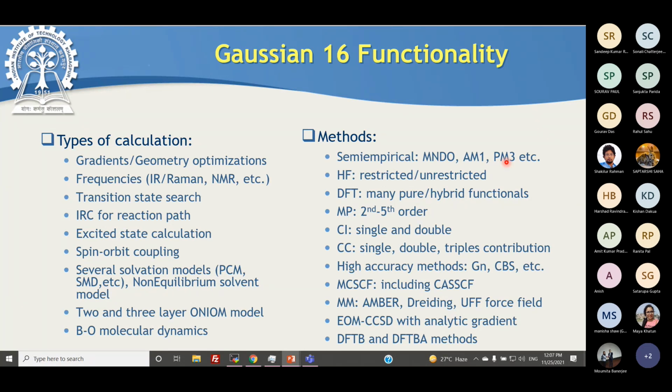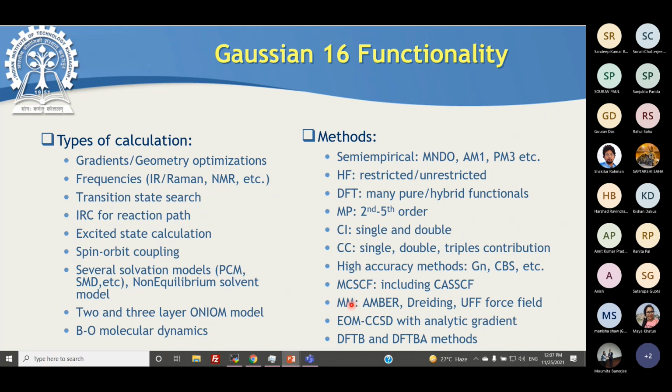Generally, you know about Hartree-Fock, DFT, Moller-Plesset, CI, coupled cluster, and other high accuracy methods such as G, CBS, and complete active space. Also included are multi-configuration methods for excited states, and molecular mechanics.